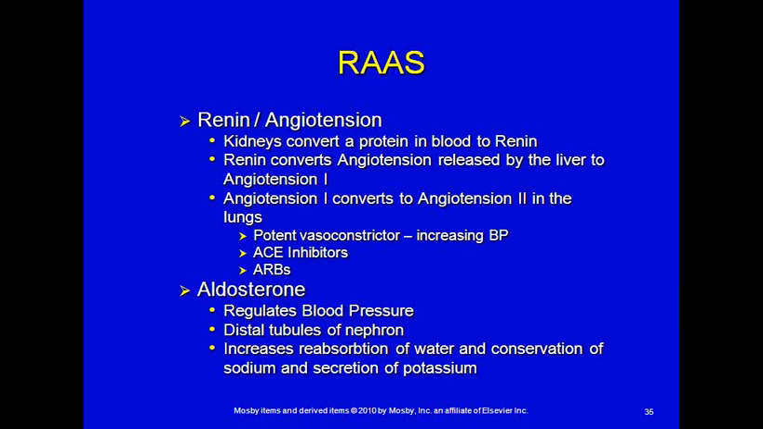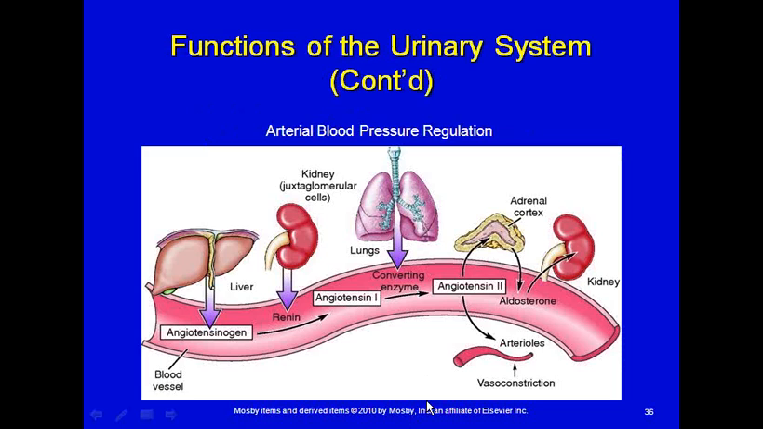Aldosterone causes an increased reabsorption of water and the conservation of sodium and secretion of potassium. So by reabsorbing water and retaining sodium, volume is expanded and the blood pressure is maintained. And this is just a visual of that, where the blood converts angiotensin